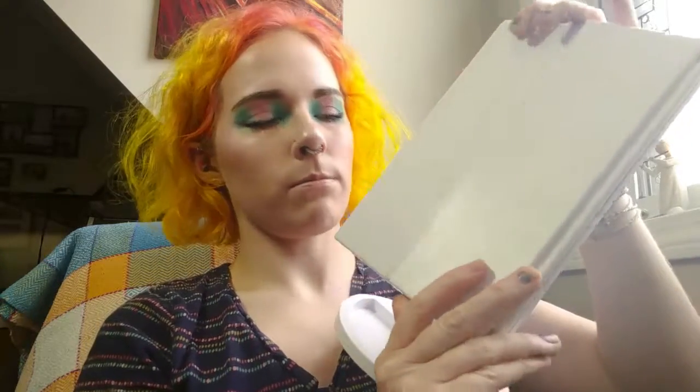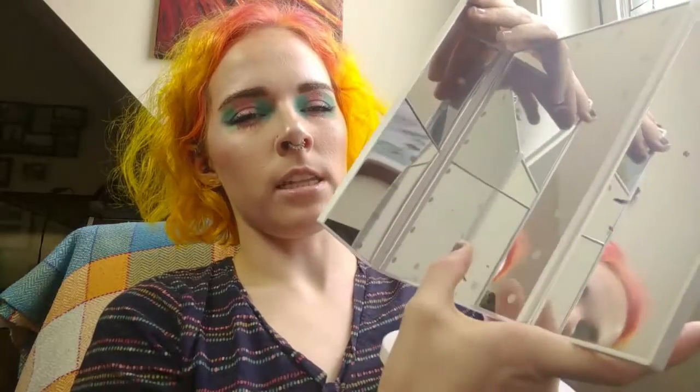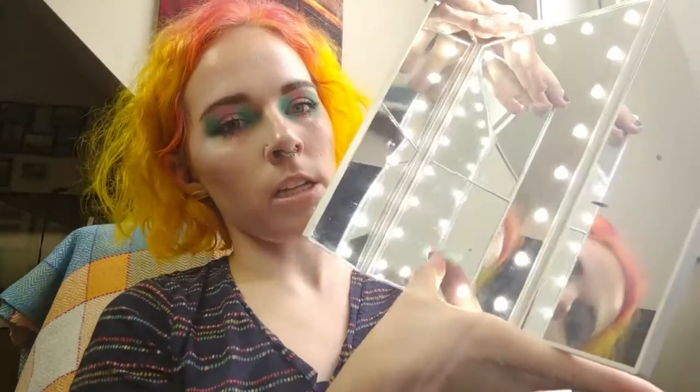So speaking of the desk where I do my eyeshadow, one of my favorites has been this mirror. I got this on Amazon. I don't know what the brand is, but it basically opens up like that, on both sides, and then you can turn it on, turn it off. So I use this every single day to do my eyeshadow,